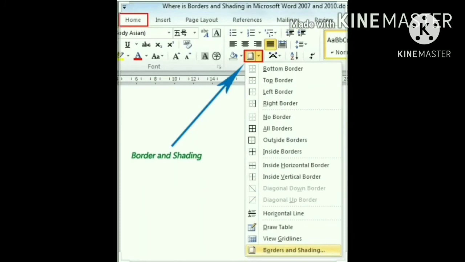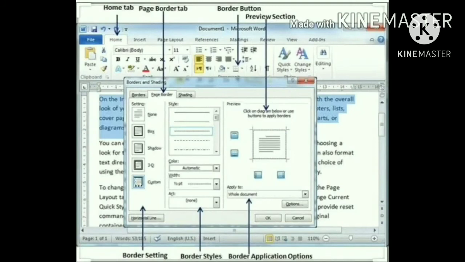How to add borders and shading in the table. Editing border in table. To add borders, follow the given step. Click the table. Second one, click the Design tab. Third, click Borders from the table style group and a drop down list appears. Fourth, click Borders and Shading. A dialog box appears. Fifth, choose style, color and width of the border. 6. Click on OK button.